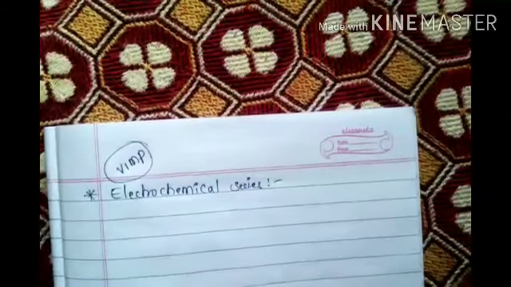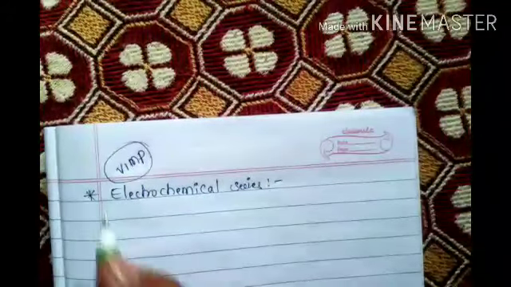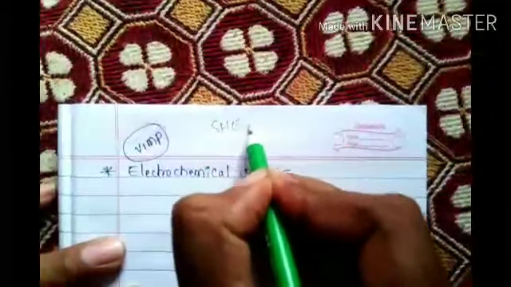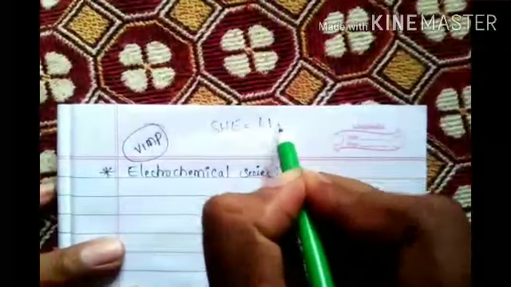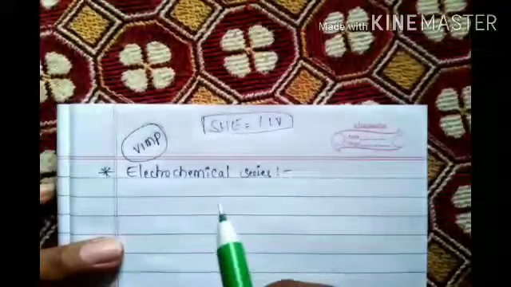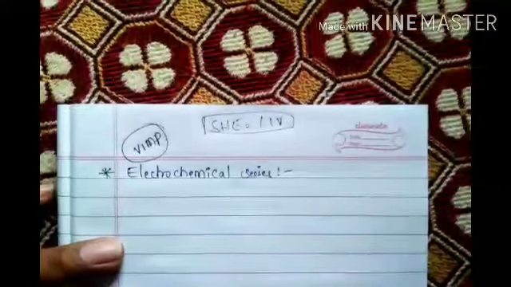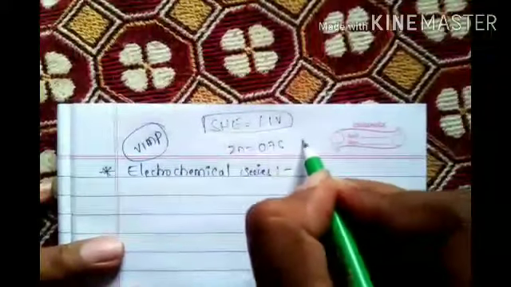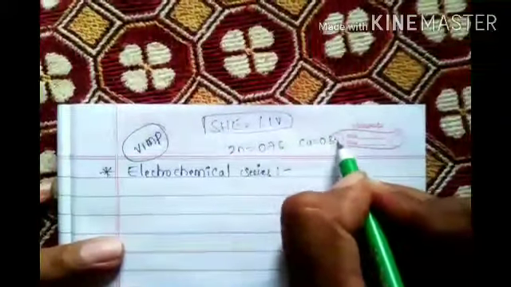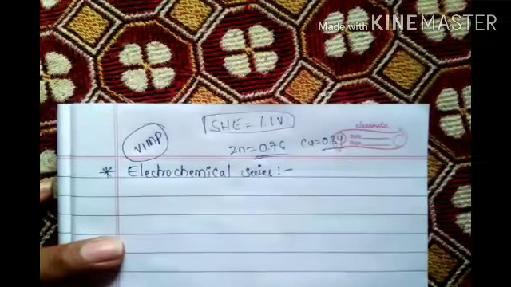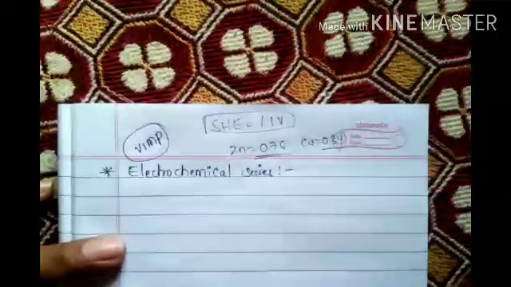Now for example, simply see, by using SHE we are finding the 1.1 volt. Like that, the scientists told all the values. So zinc onwards how much is coming? 0.76. And copper onwards how much is coming? 0.34. Like this the scientists gave a series, that is called the electrochemical series.